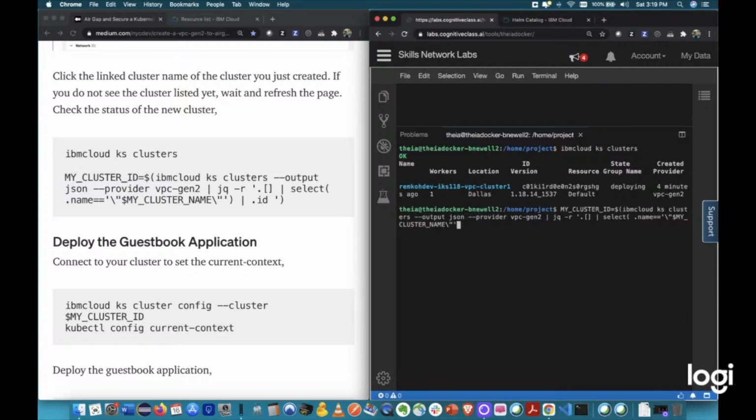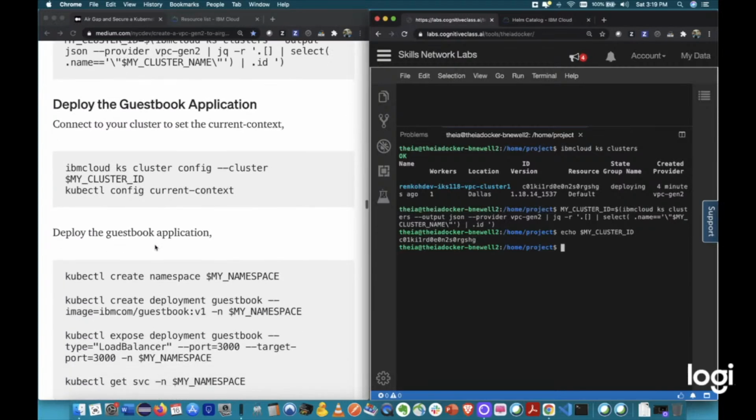Close the double quote, close the single quote, close the parenthesis. And with the object that I get back, give me the ID, because that's the cluster ID that I am looking for. And to double check, echo my cluster ID. That's my cluster ID. That's great,